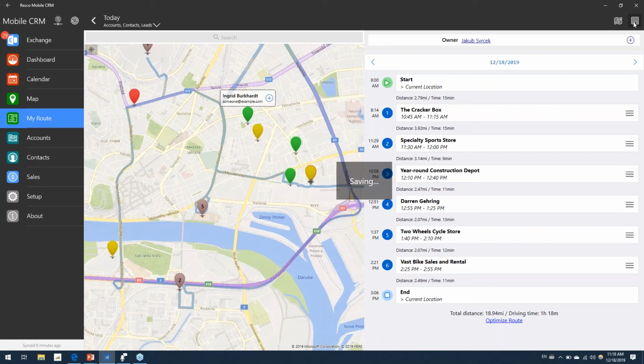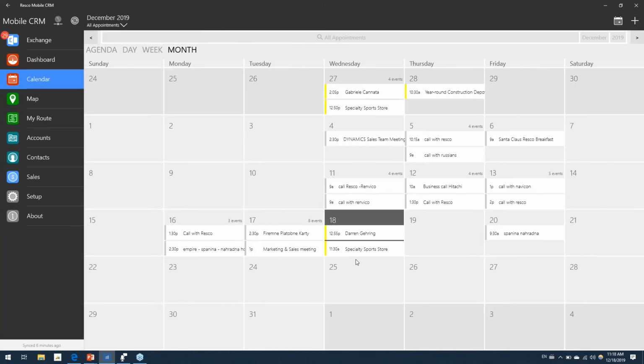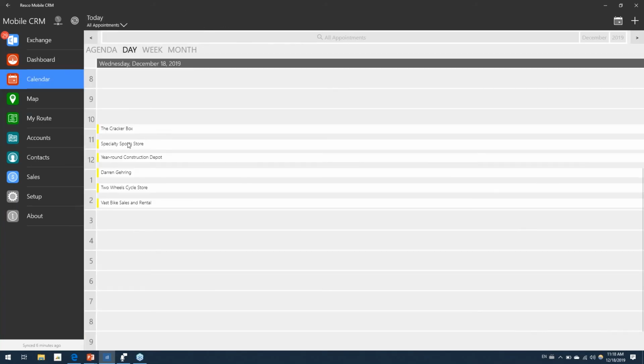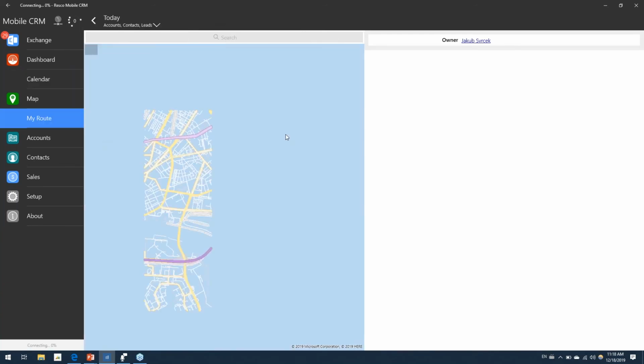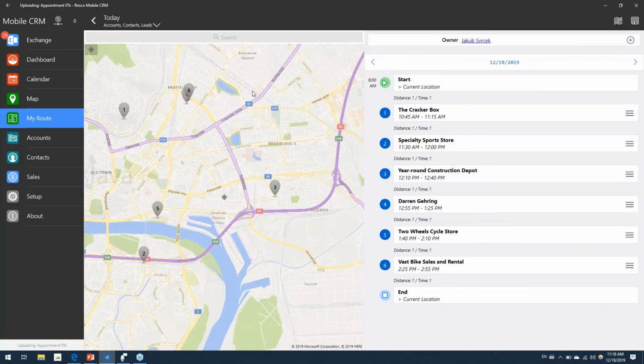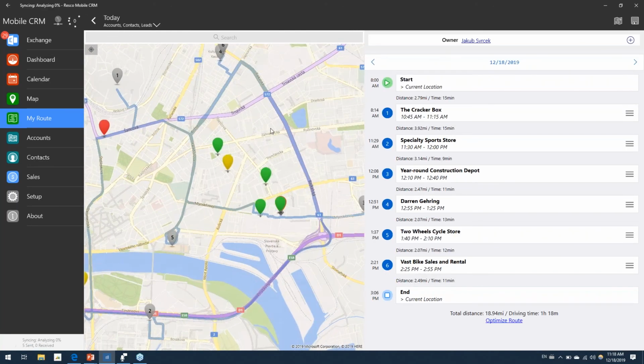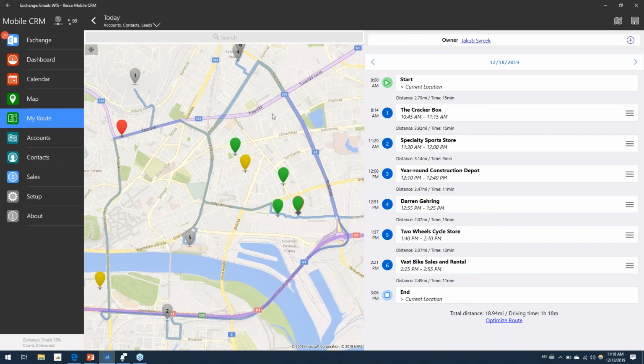And if I save this schedule, the changes will be automatically reflected in my calendar, so I can see my daily view, and there have been some changes, so I have enough break between each of those meetings. Another thing that you can use this route planner for is, of course, to visit the next site,